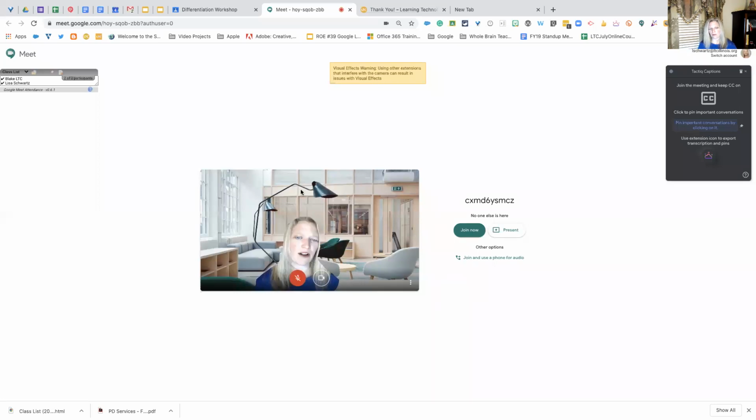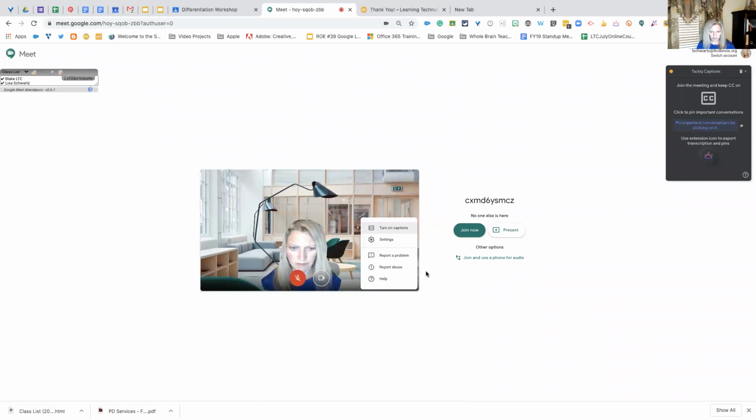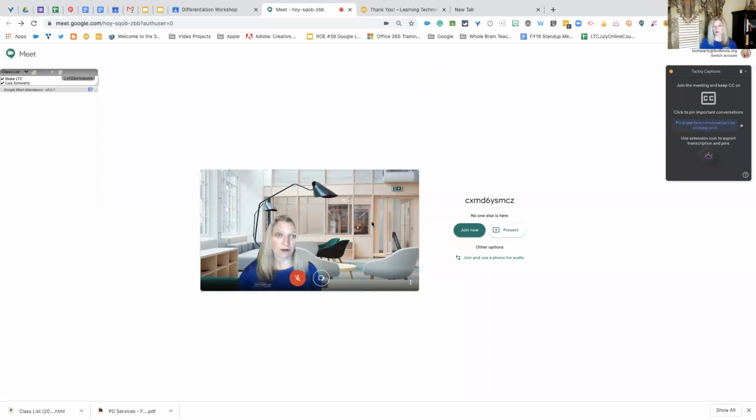Right now, one of the extensions is a virtual background. I'll explain that. You can change the virtual background as well, but as you can see, it's not the best picture quality. I don't know if that's because I'm running Zoom and Google Meet right now at the same time. But if I hit join now,